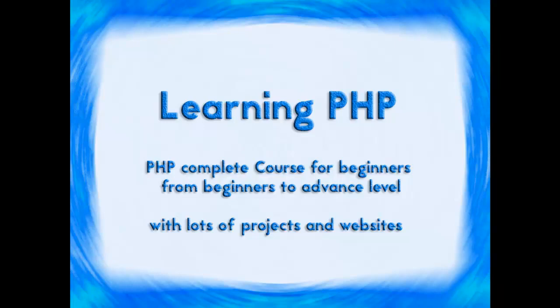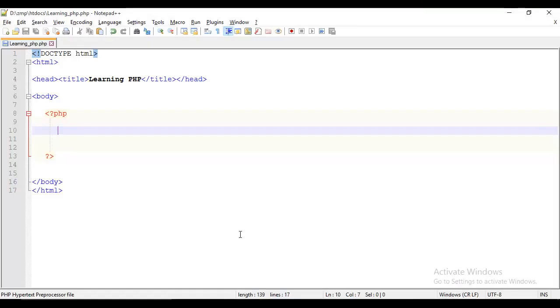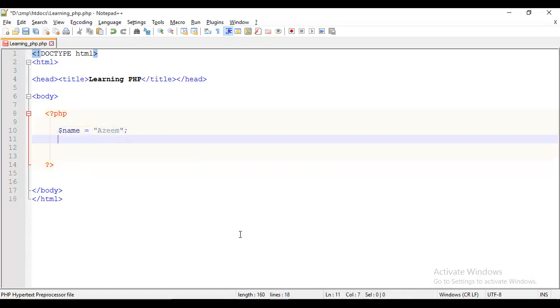So let's start the coding now. I have the basic structure of the HTML, so I will write my code here. I will make a variable with the name $name and assign the value Azim to it.